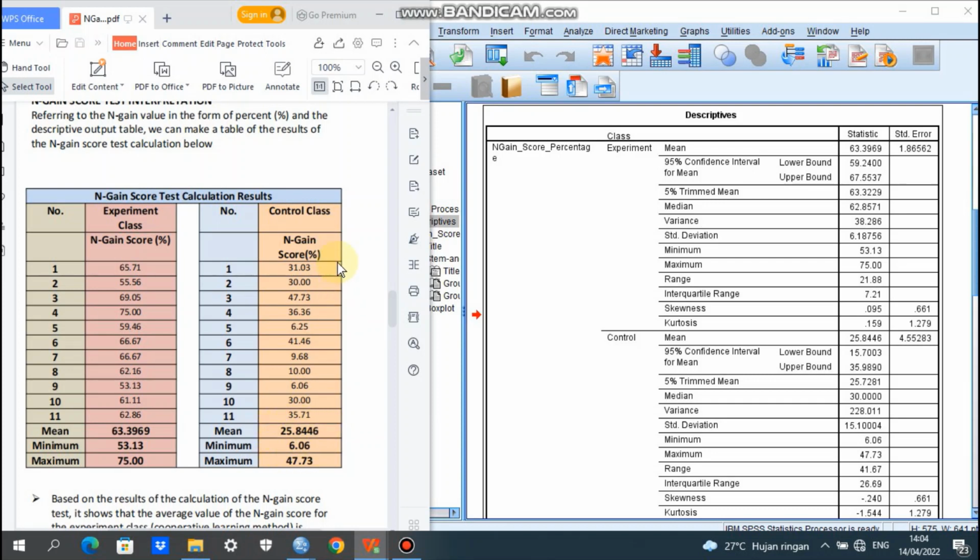How about the mean? The mean for N-gain score percentage control class here, taken from the output here, N-gain score percentage for control class 25.8446, and then the minimum here 6.01, and then the maximum we can see here 47.73.